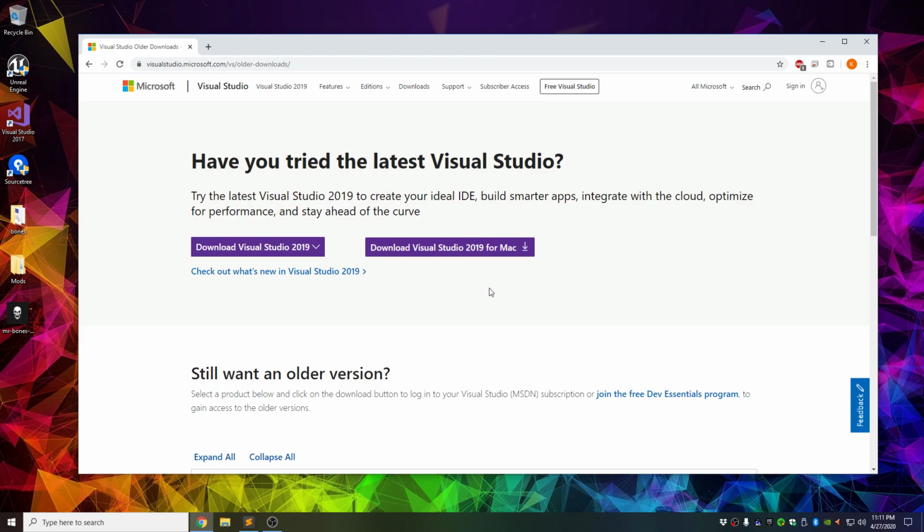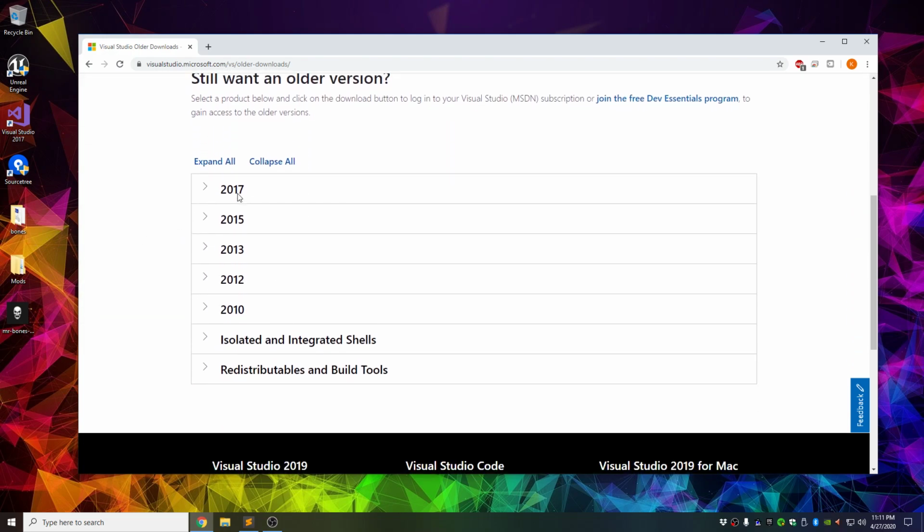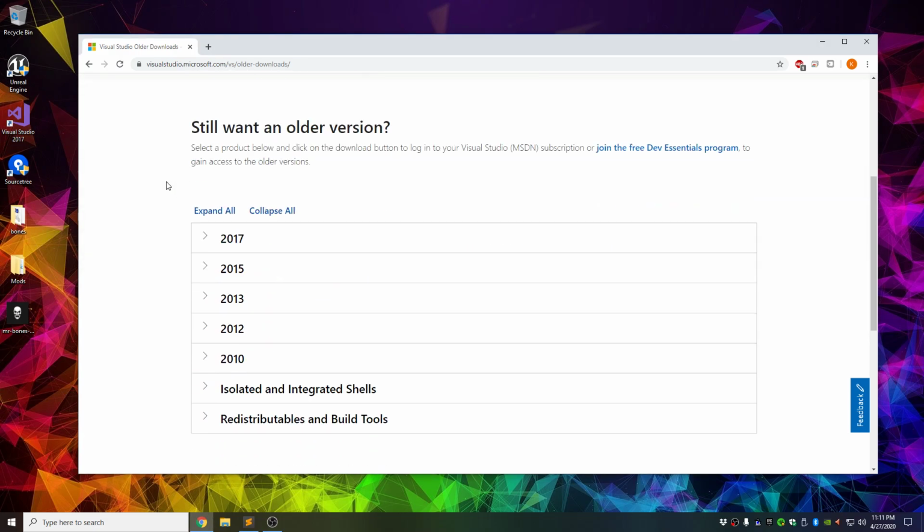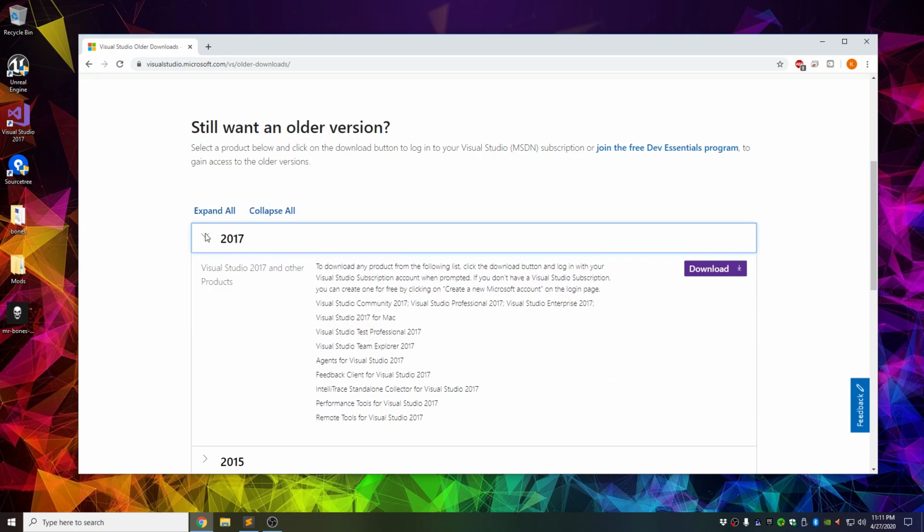It might work with it. I only know that for sure 2017 works because that's what I use, as you can see here. So you'll have to scroll down and expand this out, and you'll see that part of this download installer comes with Visual Studio Community 2017, which is free, and that will work perfectly for Power. So go ahead and download that installer, and then what's going to happen is,